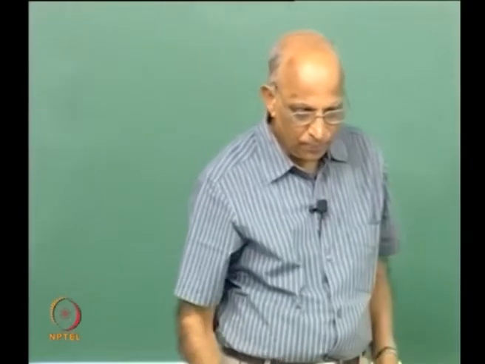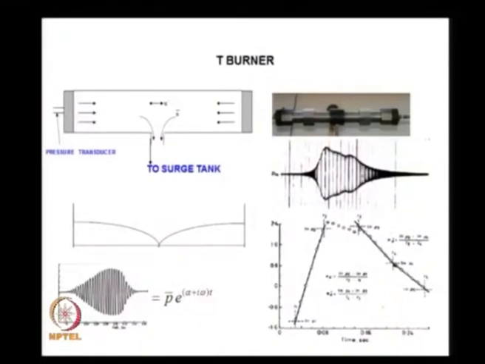In a T burner, as you see here, you have a tube like this. You have the propellants at the ends of the tube. At the center you have a hole, and we told ourselves earlier that at the ends you have pressure antinodes. At the center you have a pressure node. Therefore, at the pressure node portion you connect it to a huge surge tank, by which, by keeping a pressure of gas here,